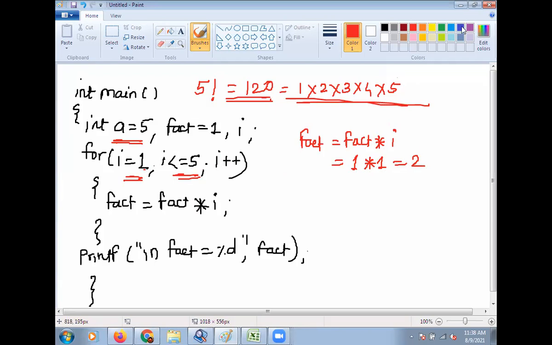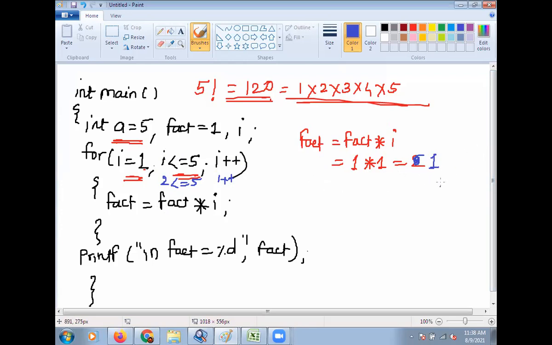Then increment the value of I. So initially I is equal to 1, so 1 plus plus it becomes 2. So check 2 is less than equal to 5. This condition becomes true. Then fact is equal to fact into I.